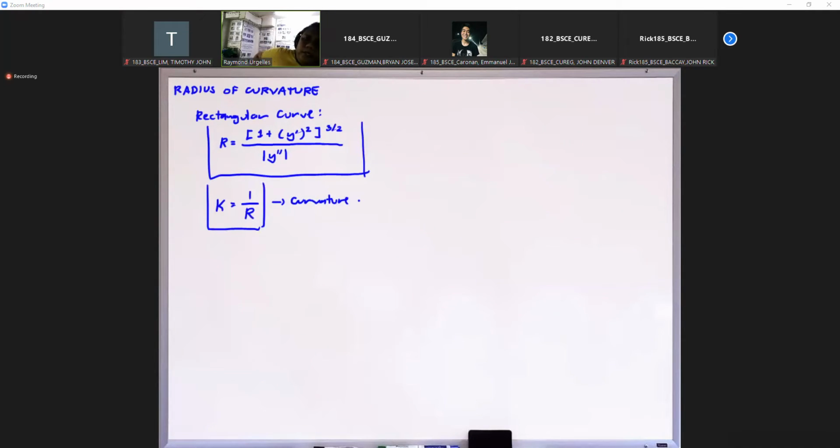Pero yung curvature kasi natin pwedeng maging negative, pwedeng maging positive. So kaya pag kukunin niyo yung value ng K doon sa R, wag niyo i-absolute value yung y prime prime. So basically this is y prime prime divided by 1 plus y prime squared, this quantity raised to 3 halves. Yun yung tinatawag nating curvature. Curvature is the measure of ratio ng pagbabago ng direction with respect doon sa arc length natin.